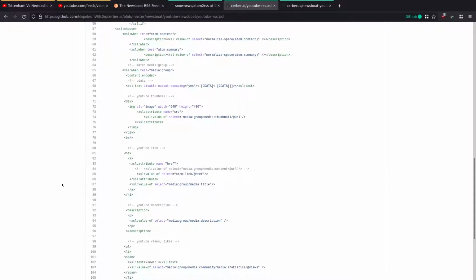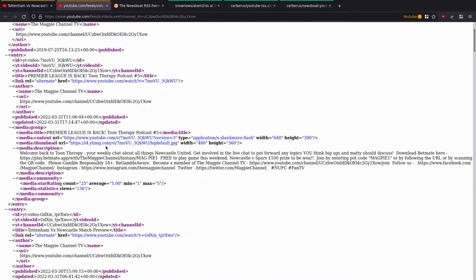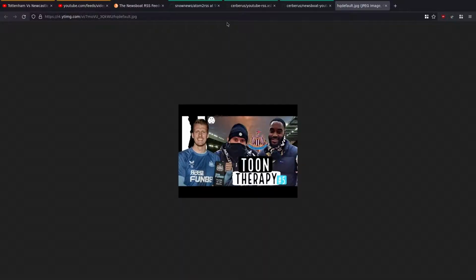If I come through my notes, I had to add the encoding tag, obviously put in all this custom code here, the CDATA. I had to go through and manually pull all this stuff out. And what I'm also doing is, by default, if I come across here, you can see the media thumbnail is actually set to 480/360. So if I copy that, open that in a new tab, this is 480/360, and what I'm doing is I'm just setting it to a width of